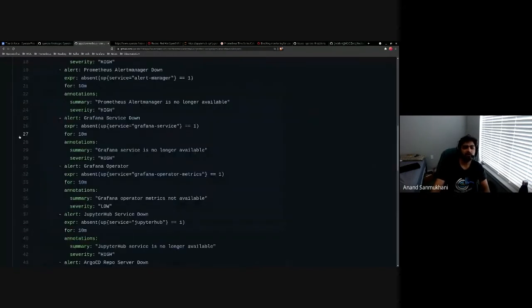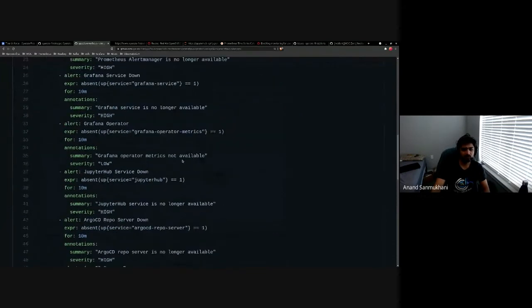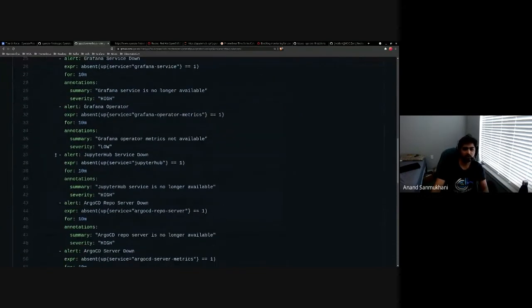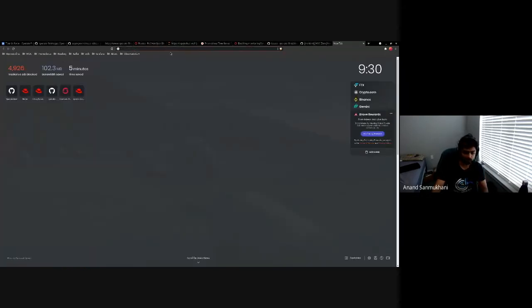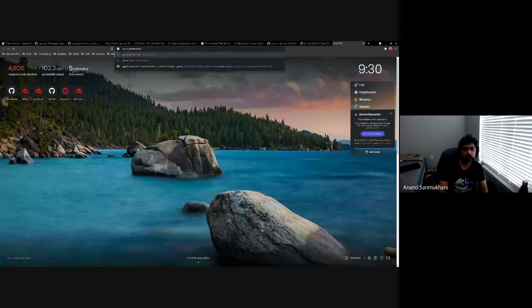And how do we set up these alerts? So let's say we have a service deployed, like I said, Jupyter, right? What we can do is set up these alerting rules, which say if this metric is absent or is not up for more than 10 minutes, create an alert and send it to the alert receiver. The alert receiver I'm talking about here is